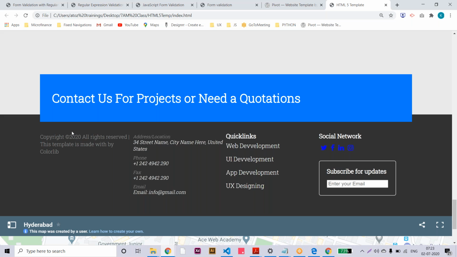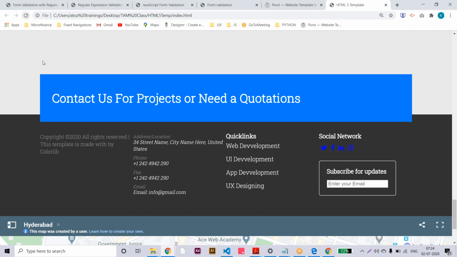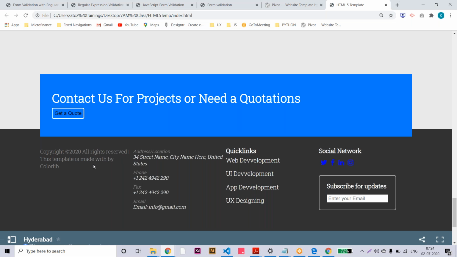No, it's not decreased. Let me see. The quotation button is correct. Height is decreased, but